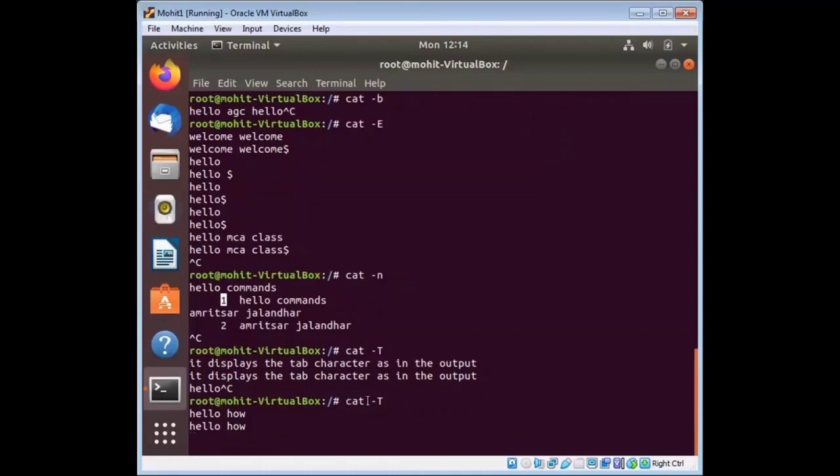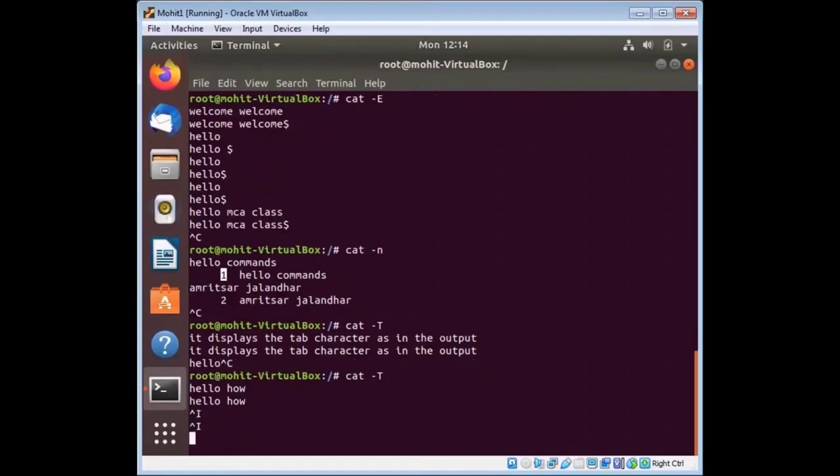So in this cat minus capital T, it displays the tab characters like this, as a sign like this. I don't know, it's not working. Okay, just wait.